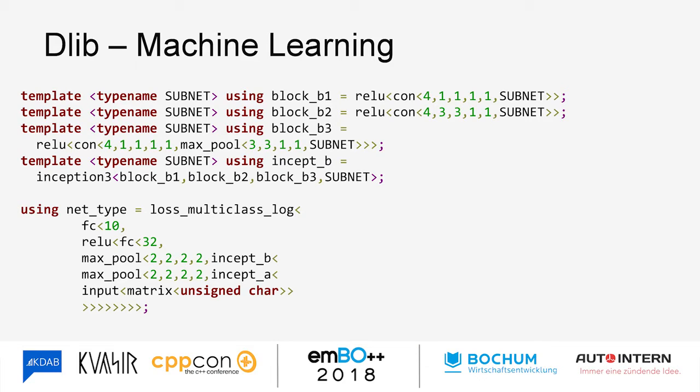So this is dlib. This is a library for machine learning. So we're here expressing all of our machine learning logic inside templates. And this looks a bit hairy. But because this is all at compile time and the library knows about it, it can generate efficient code without having to do everything configured at runtime.